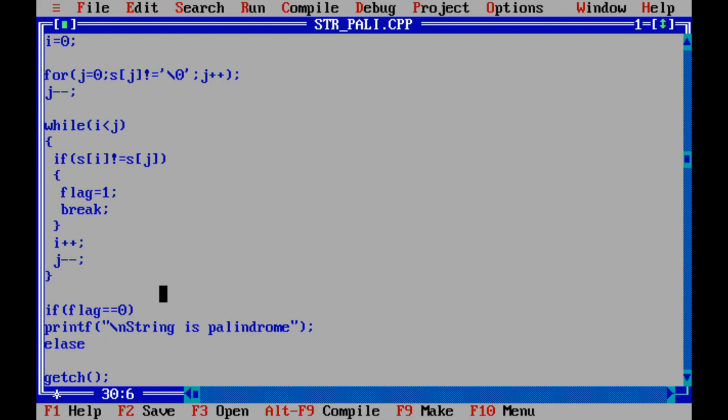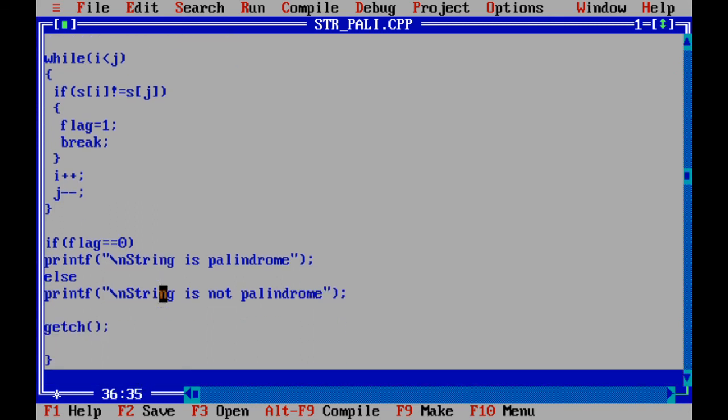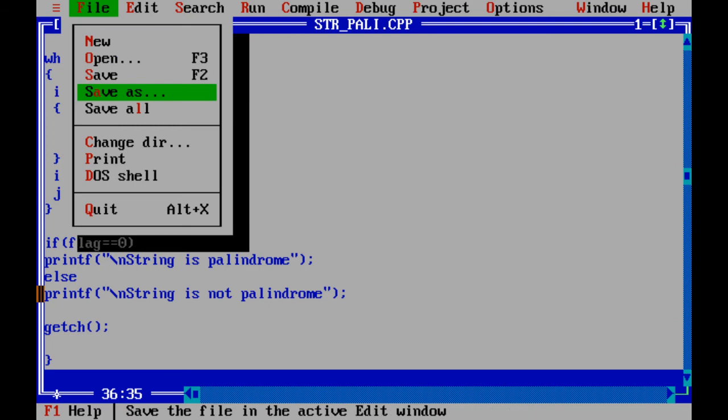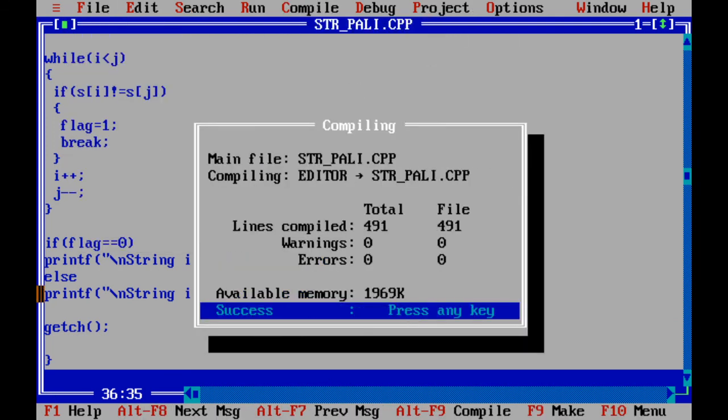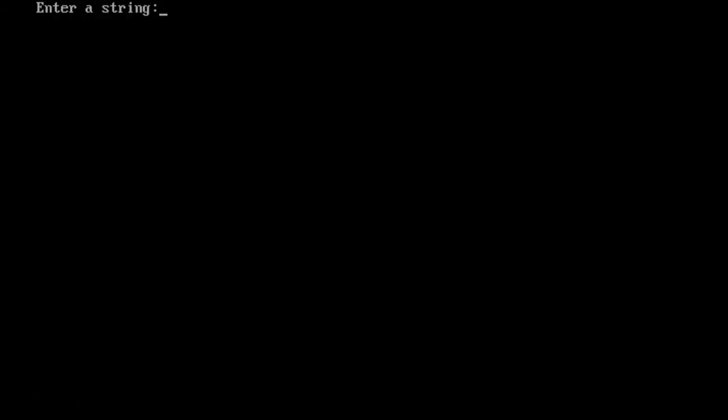Else printf, slash n, string is not palindrome. If flag equal to 0, string is palindrome, else string is not palindrome. Okay. So save this program, compile it and run.